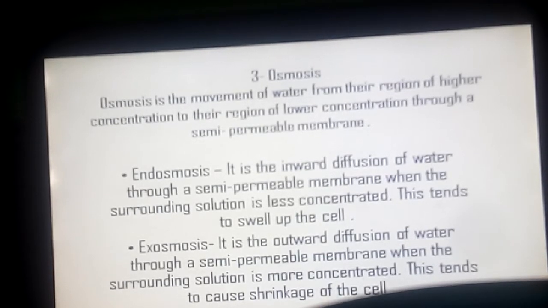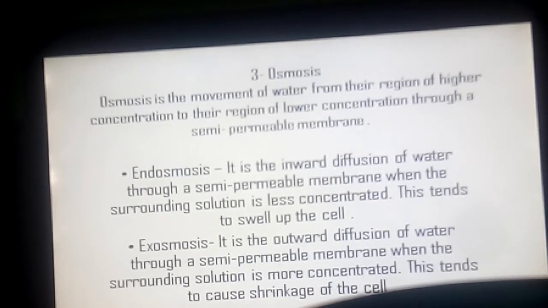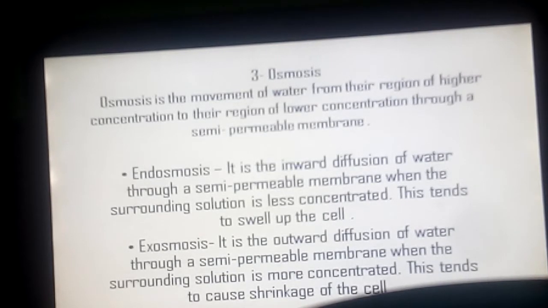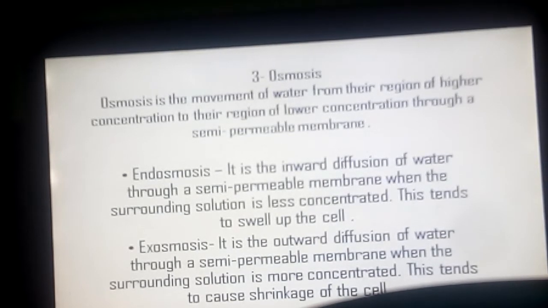To explain osmosis, we'll take another experiment. So take some concentrated sugar solution in a thistle funnel and cover the mouth with a cellophane paper and tie it securely. Invert the thistle funnel in the beaker containing water and suspend it. Mark the level of the sugar solution on the stem of the thistle funnel. So this is our experimental setup, and as a control we can take another thistle funnel with plain water filled in it and suspend it in another beaker also containing water, and again we will mark the level on its stem.